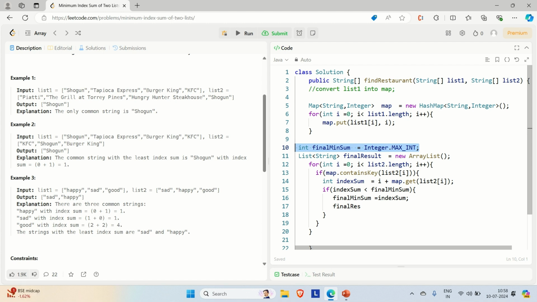So once the "good" one is there inside this result, then again we are going for this "happy" inside, which has the minimum index sum than the "good" one. Okay, so in that case we have to release this "good" one, and then we have to add this "happy" inside. So that is what we are going to do. So let me call clear. Clear method on this list, so that it can clear the other result and keep the minimum one. And then we are going to add it, final result